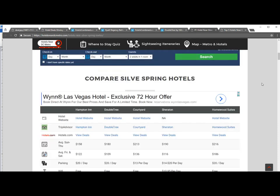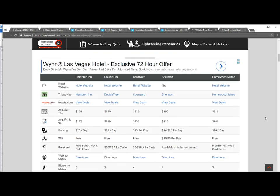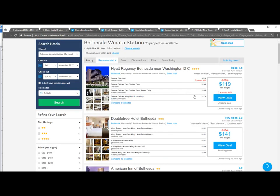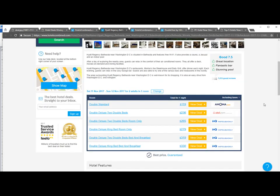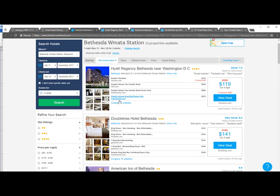On the Silver Spring page, I'm going to scroll down to the hotel comparison chart. This makes it really easy for you to find out hidden fees like parking fees, Wi-Fi fees, and if the hotel offers free breakfast. In this grid here, we've organized everything so that you can quickly get this information and go back to Hotels Combined, look at the rate, and think about what additional fees and inconveniences might be included with staying at that hotel. Once you've decided on a hotel, you can click the small link here that says compare 16 sites,